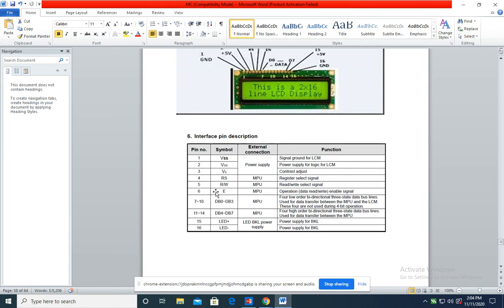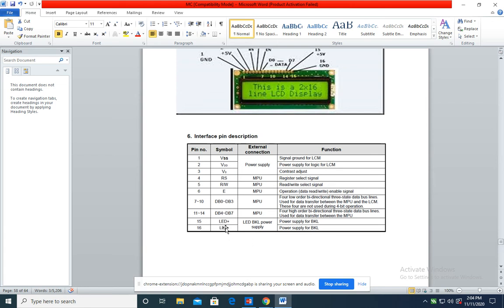We will see how a low to high pulse or high to low pulse is applied for doing writing operation and reading operation. So these three pins are important, and along with this, 8 data pins are given for writing data values through an 8-bit port. This data port starts from DB0 to DB7, and the remaining two pins are used for controlling the backlight of the LCD.